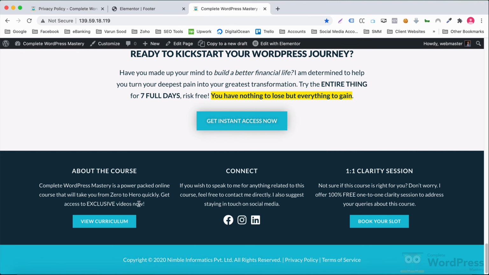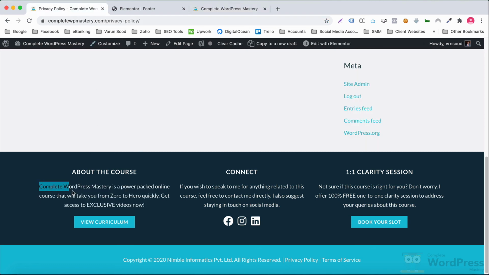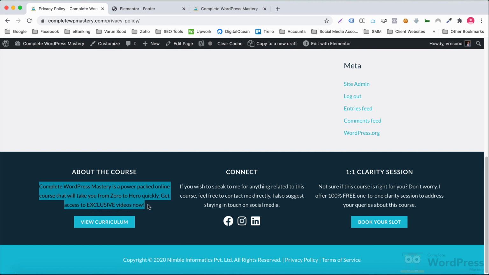If I select this text in our template website, you'll see that the background color of the selected text is blue, while that of the text itself is white. However, in our website, when we select this text, the background color of the text is blue, which is because of the theme color we set in Astra's global settings. But the text color is not white.